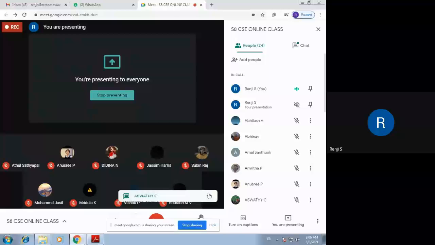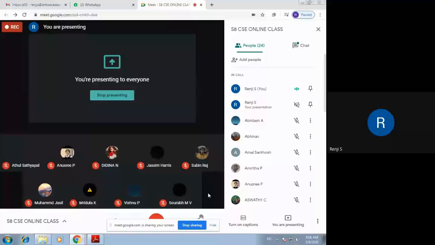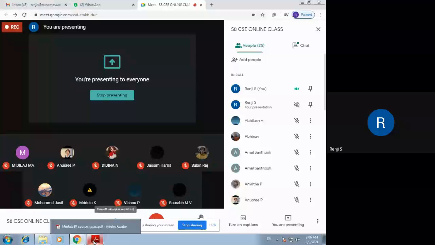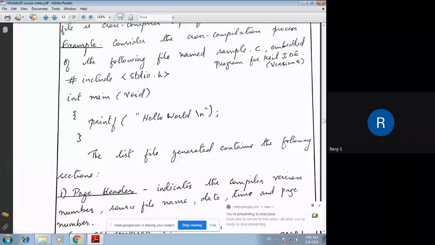When you write a C program, the first line is standard input output. You are going to include a header file, and this header file will contain all the library functions that support input output operations like printf, scanf, etc. These are all written inside that header file named stdio, and we are going to use printf and scanf. If we want to use these functions, we have to include the header file which contains the definitions of those functions. So you have stdio.h as the first line. Hash include is a preprocessor directive, a direction to the preprocessor to include this header file.